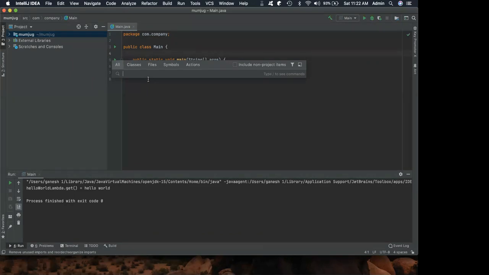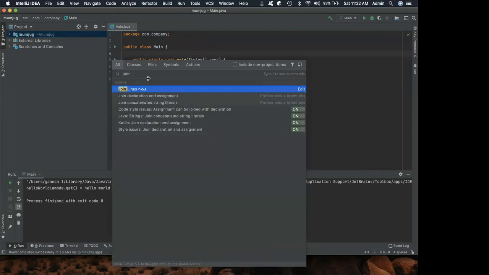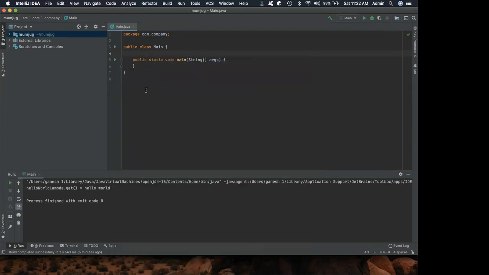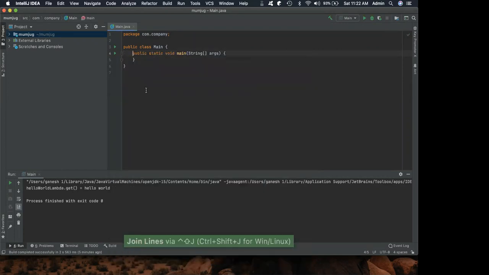For example, let us say I want to know the shortcut for join lines, right? I just type join, and I come to know that it is Control Shift J, right? So now I can do Control Shift J and see if it works, right?